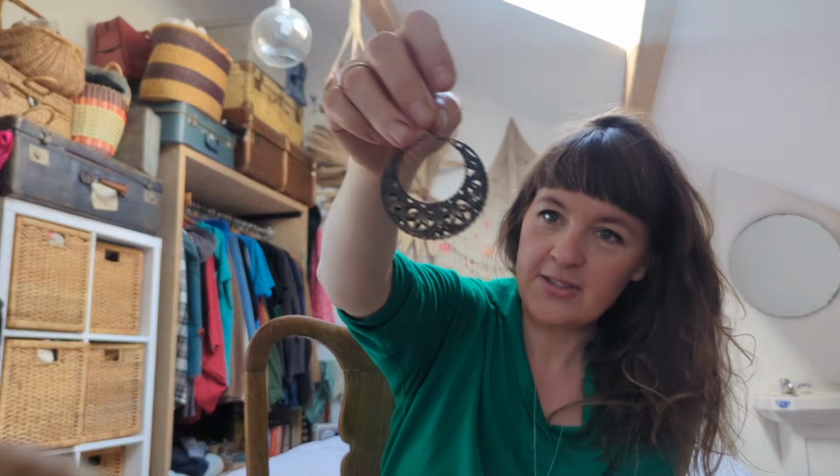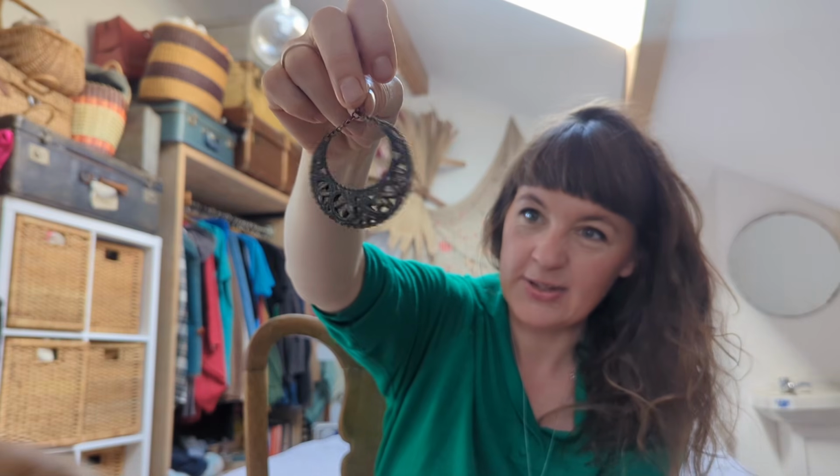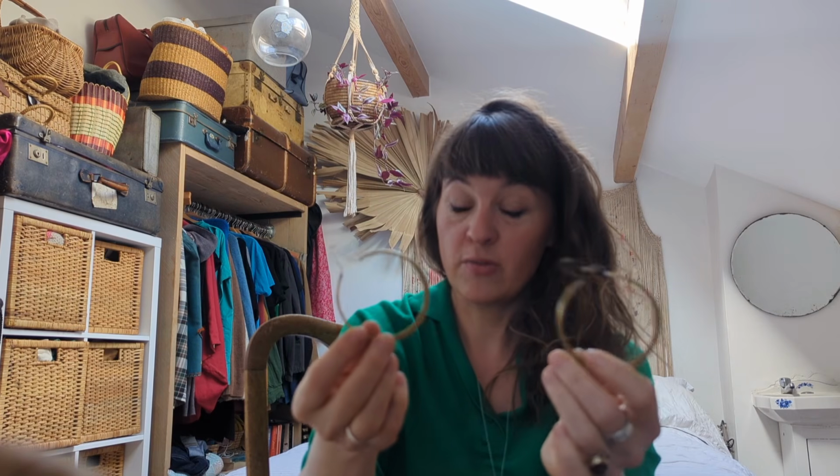I've worn hoops since forever, since I was a teenager. And I now have two pairs that I either wear. These aren't really hoops, these are quite ornate. I think they're from Claire's Accessories years and years ago. I either wear these when I'm not wearing anything too fussy, or I wear these hoops, which again I think John found from a seller on Etsy. I think they're made in India, and